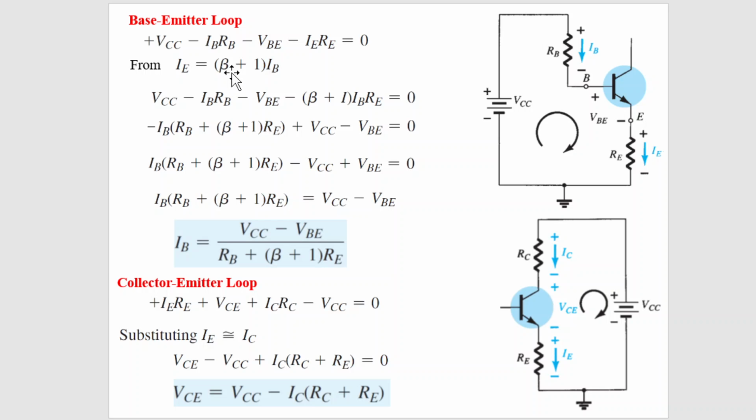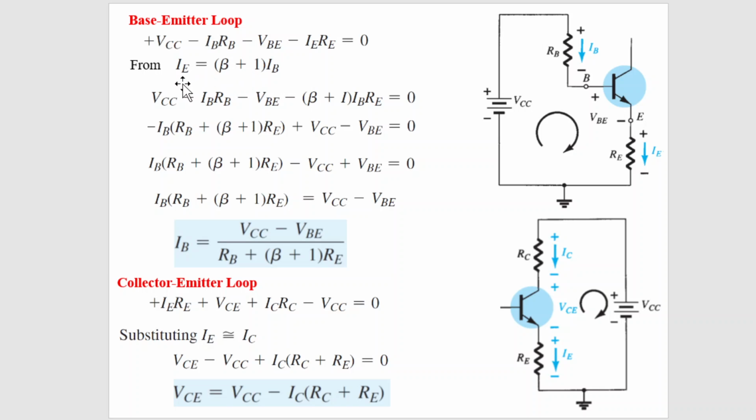That is, beta is equal to IC upon IB, that is collector current upon base current. But we have a relation that IE is equal to IC plus IB. So by using these two relations, one can have a relation between emitter current and base current. If you develop a relation between emitter current and base current for a common emitter transistor, then we can derive this equation, that is IE is equal to beta plus 1 into IB. Okay. Since beta is equal to IC upon IB, it means IC is equal to beta IB. But we can obtain a relation, that is IE is equal to beta plus 1 IB.